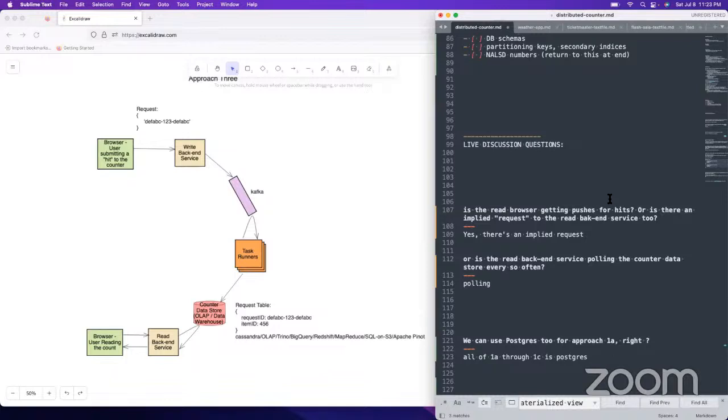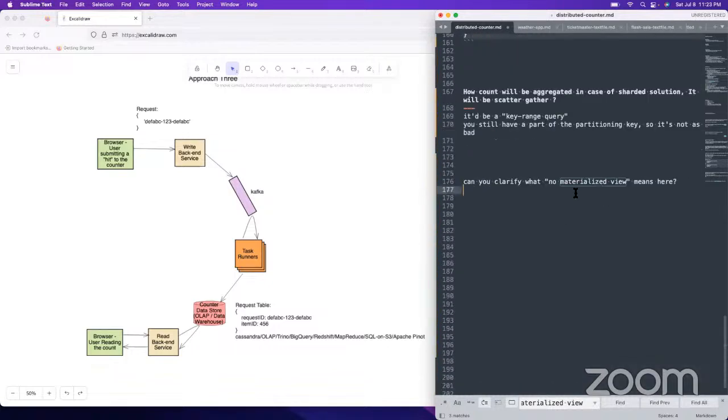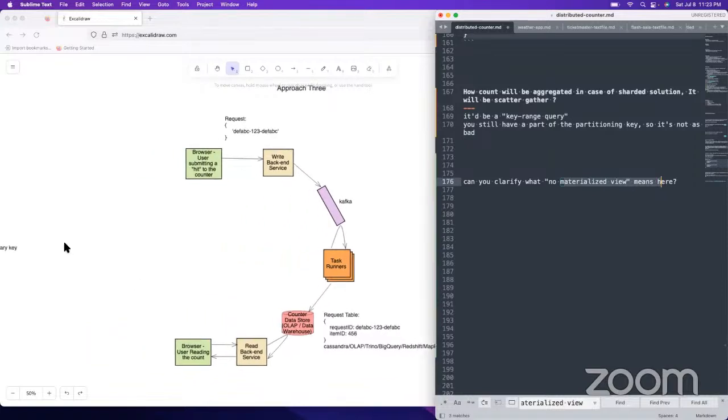A materialized view pre-aggregates stuff for you, and counters would be an example of that. So you would just have the request table, and then create the counter table as a materialized view. Instead of having your transactions manually update the counter table, it would update that table for you.